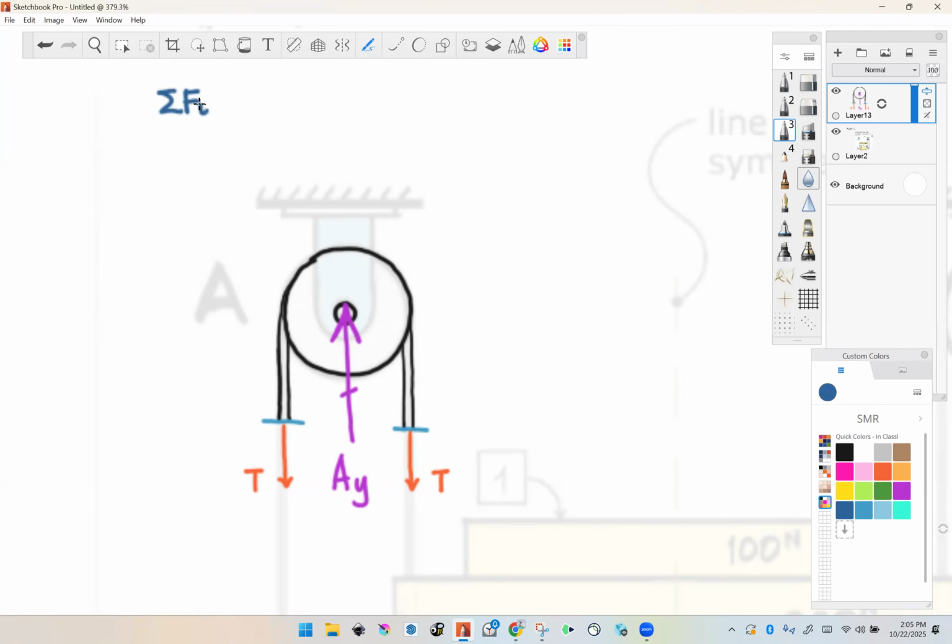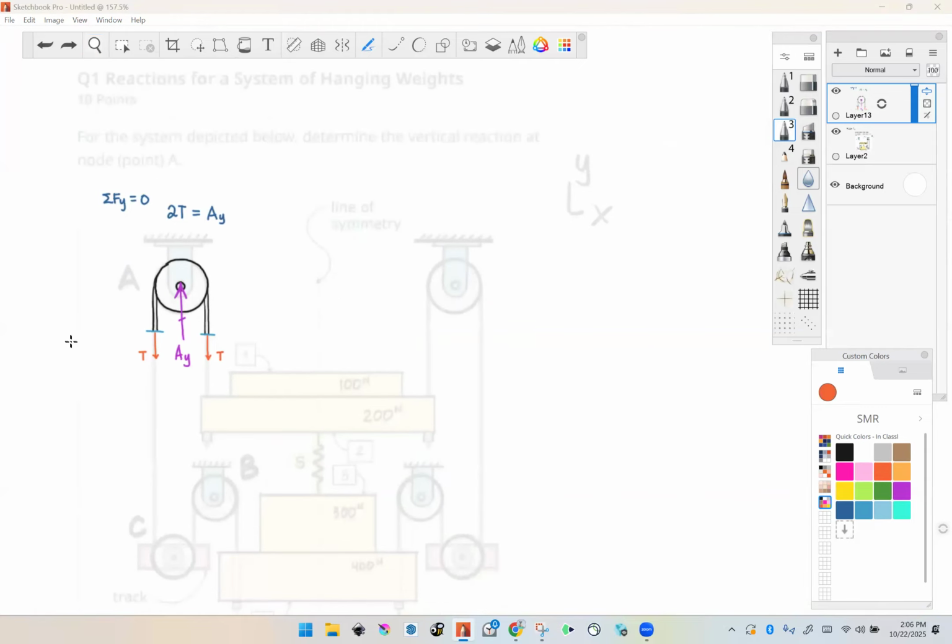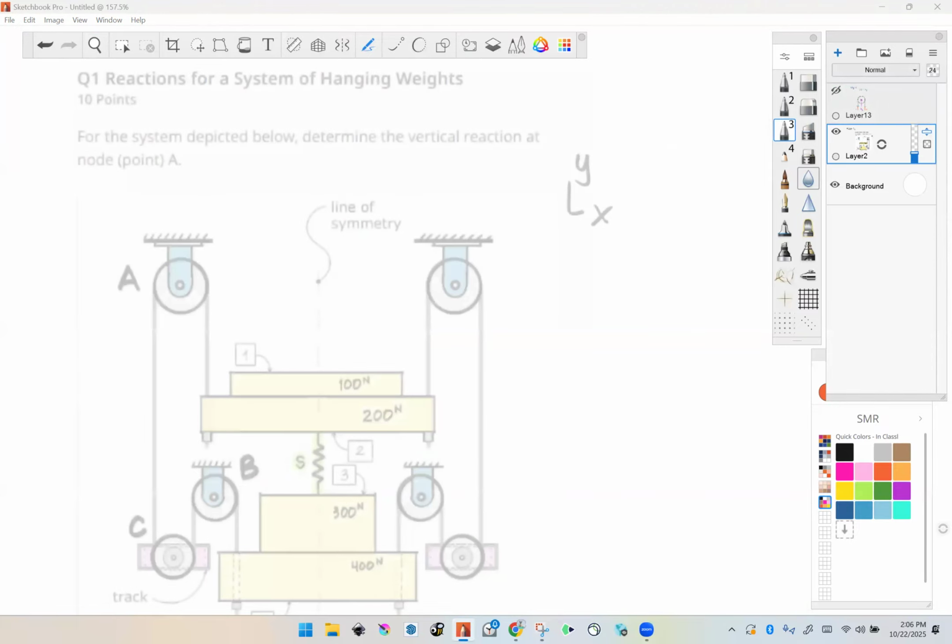So our first equation, summation of forces in the y direction equals 0. That's going to let us deduce that 2T is equal to A sub y. So now all we have to do is solve for T, and we're going to be able to solve for our unknown A sub y. We're done with that free body. That one's not going to help us anymore, so I'm going to turn that one off. And remind you that in a pulley system,